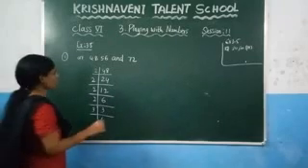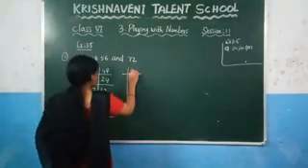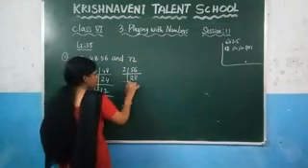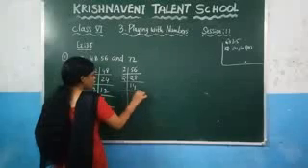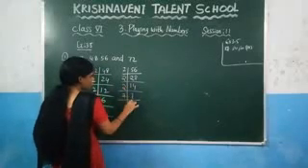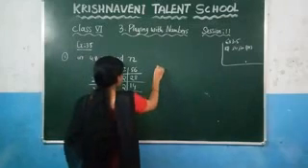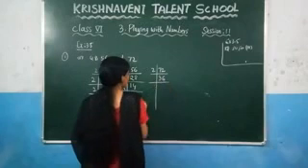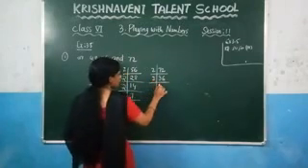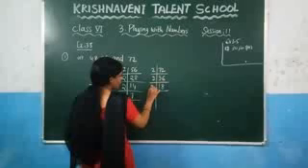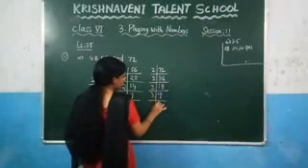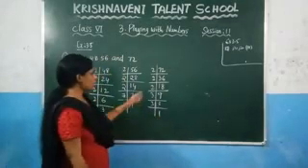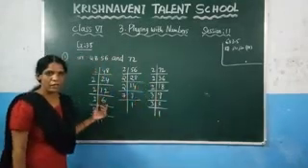Right? Now consider the next number, which is 56. Here 2 twos are 4, 1 will be left out, 2 eights are 16 and after that 2 fourteens, 2 sevens, 7 ones. Next see the next number, which is 72. Here 2 threes are 6, 2 sixes are 12, right? And after that 2 eighteens are 36, 2 nines are 18, 3 threes are 9, 3 ones are 3. So here you can observe that we have written each number as a product of the prime factors.